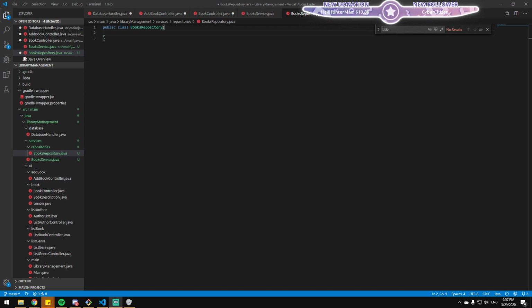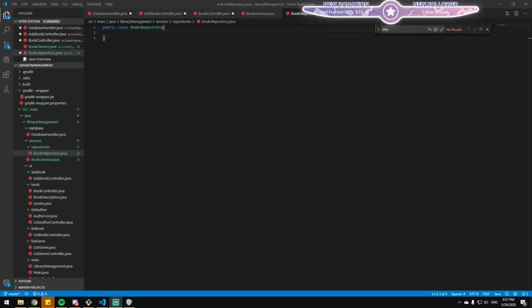So the sole purpose of a repository is to have CRUD for that single model. Everything that is database related for a book would sit in the Books repository. That is literally what the repository is for. Just to elaborate, the purpose of the repository is to run queries on the database.